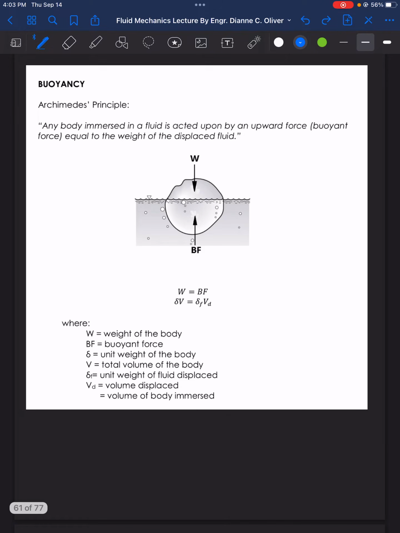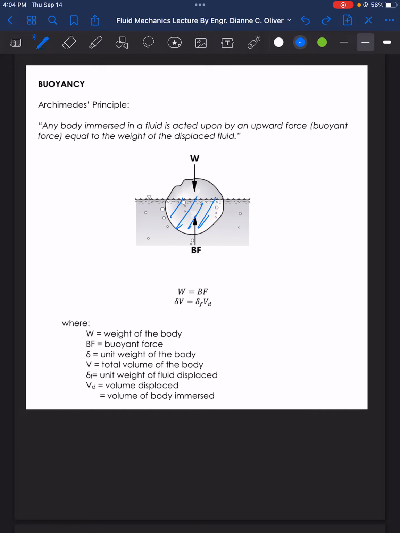So Archimedes' principle states that any body immersed in a fluid is acted upon by an upward force, or that is the buoyant force, equal to the weight of the displaced fluid. And here in this figure, you can see a submerged body wherein the weight W represents the total weight of the material, whereas the buoyant force here represents the volume of the